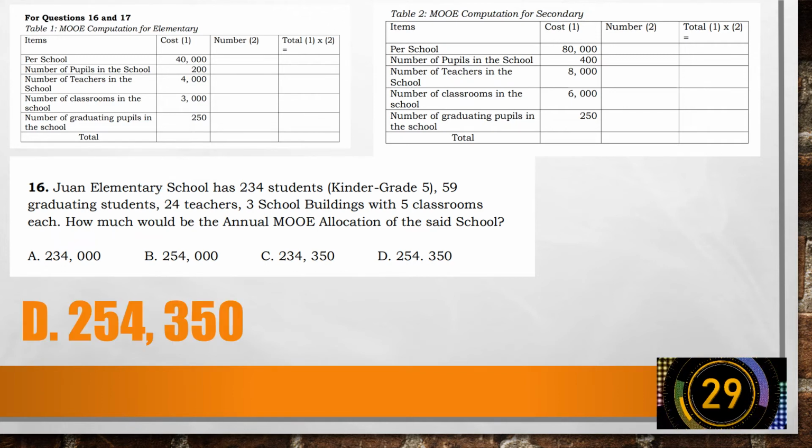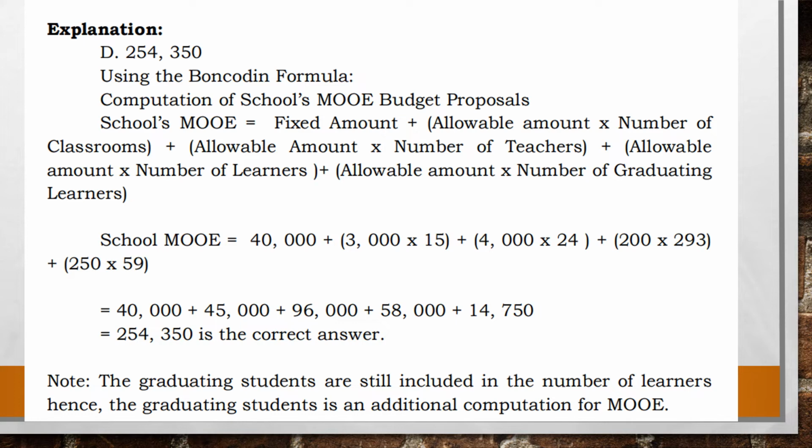And the correct answer is letter D, 254,350. We have to explain that one in our next slide, why we arrive at 254,350. Okay, using the Bone-Codin formula, this is the formula used in computation of school's MOE budget proposals. We have here school's MOE equals a fixed amount per school,